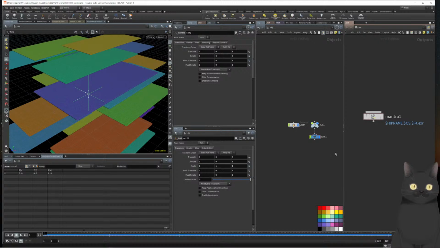Our camera, let's give 7. Let's change this here to camera view. I like to place a null because now